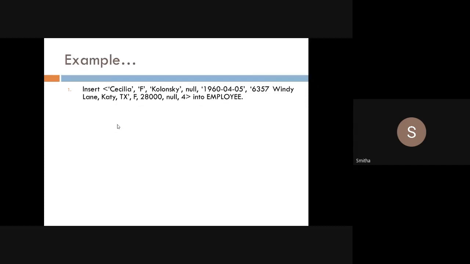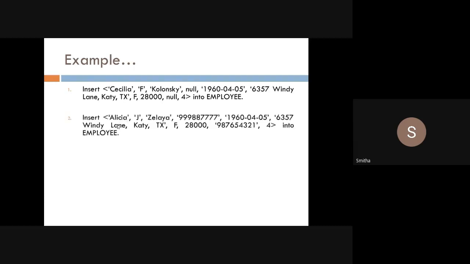Each value I have to enclose within single quotes sometimes. For null, we do not enclose it in single quotes because it is not a character or string. It is telling that the value is not applicable for that particular attribute. So next, we have one more example.